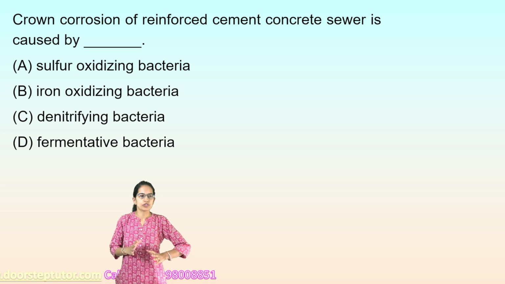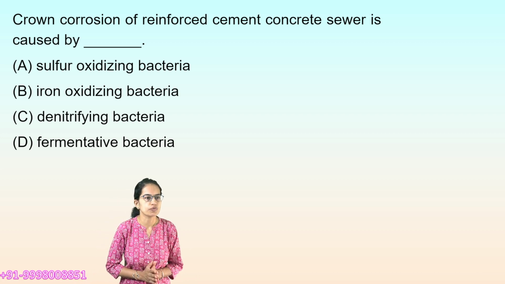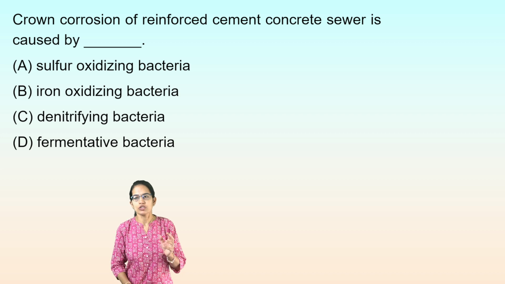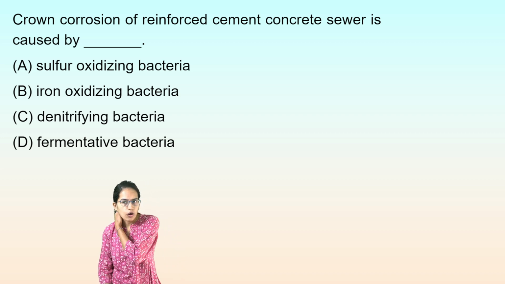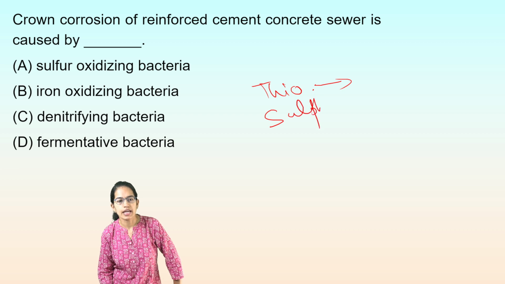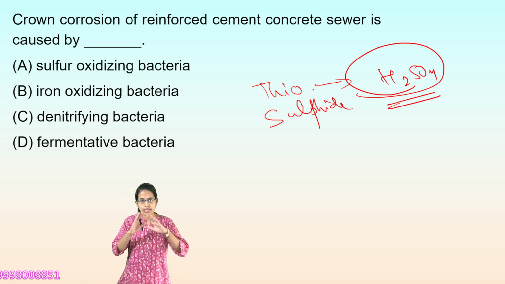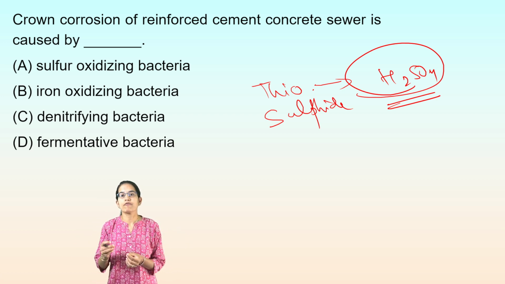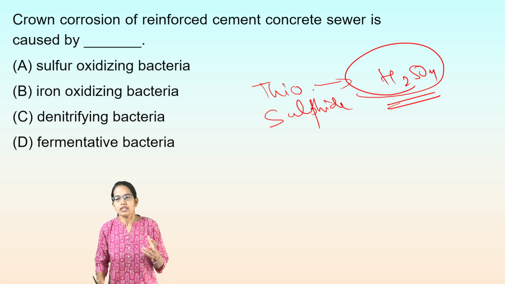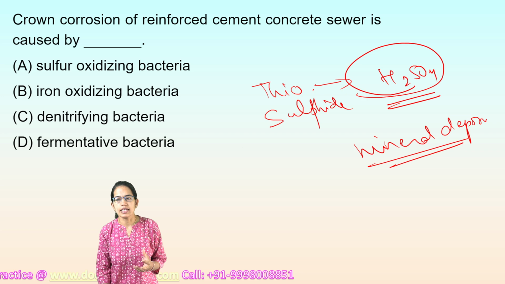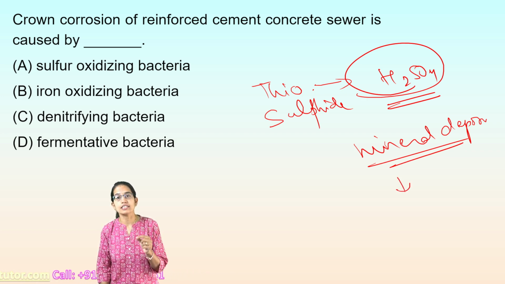The next is crown corrosion of reinforced cement concrete sewer is caused by which of the following? Now, sulfur oxidizing bacteria use thiosulfate or the sulfide, and from the thiosulfate or the sulfide they actually create sulfuric acid. Now, when sulfuric acid is found, the diverse group of the aerobic bacteria receive energy, and these are usually found in the mineral deposits. Now, these mineral deposits help in the process of mineralization, and they are actually responsible for mineralization of the acid